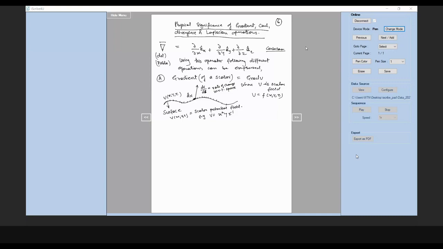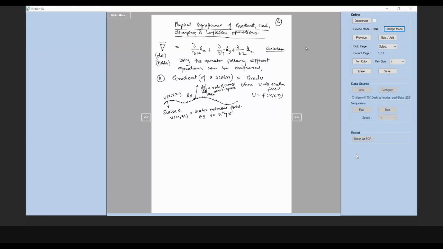Normal direction. A vector normal to the surface over which this particular potential field is distributed or spread. So this V is spread over this surface, at a given point. Typically, if you define a normal unit vector in that direction and find the space rate of change, that proof is outside the scope of our discussion, but it can be proved that it would then assume a maximum value.